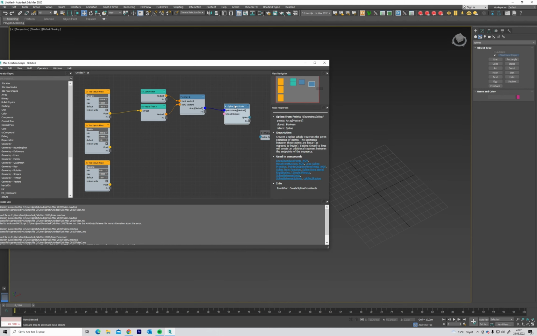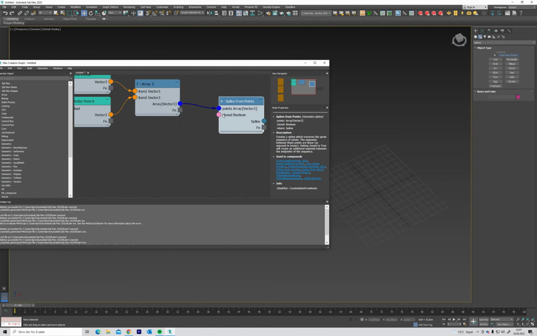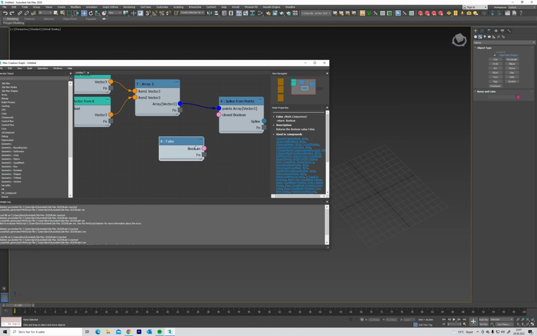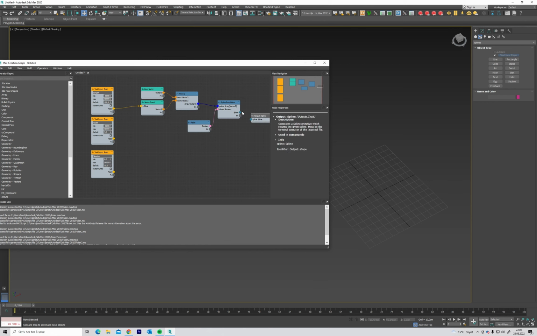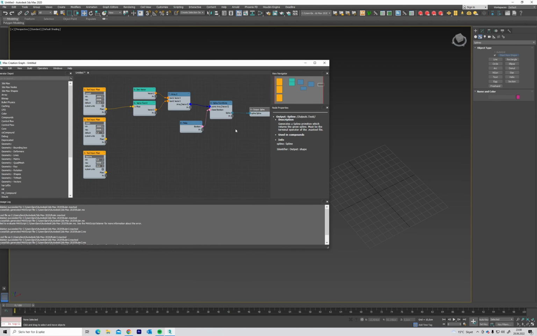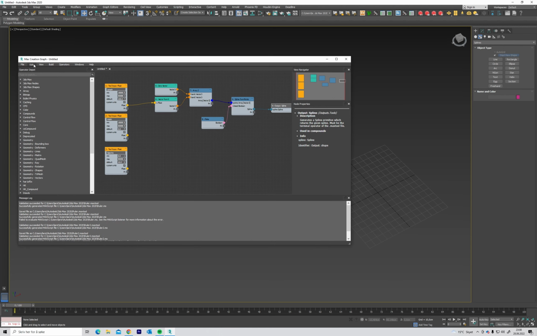Plug in the points. And we need to say if this spline is going to be closed or not. It's not going to be closed, it's a line, so it's open. So now we can save it and test it, but before we're going to go to